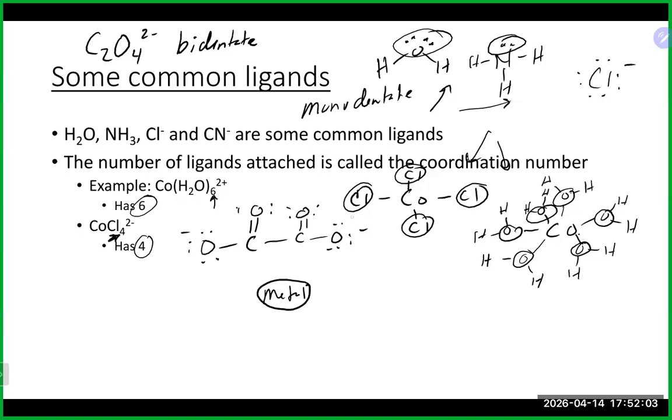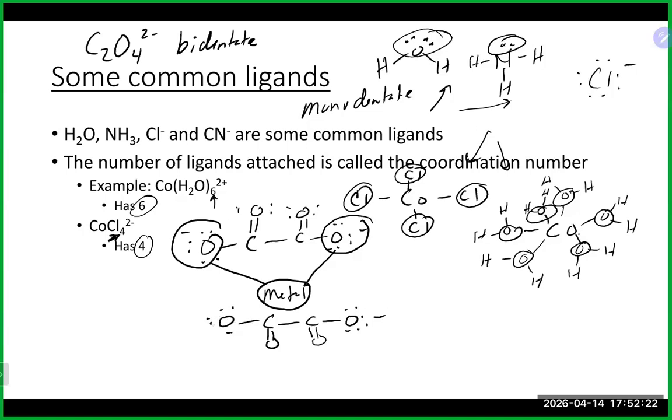Each molecule of oxalate can attach to this oxygen and that oxygen as well. And if you had, for example, 2 of these,